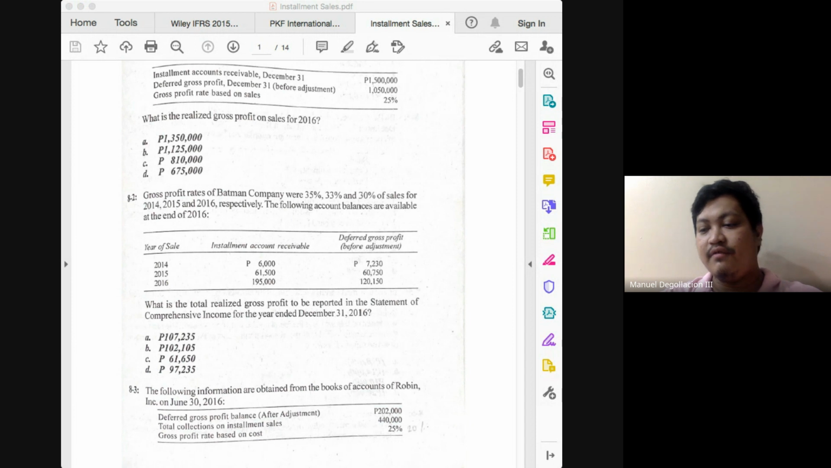And if the beginning balance for your 2014 receivables was 24,100 and the ending balance is 6,000, that means you had collections of 18,100. And based on our formula, RGP is equal to collections times gross profit rate. You multiply 18,100 by 35%, you would get